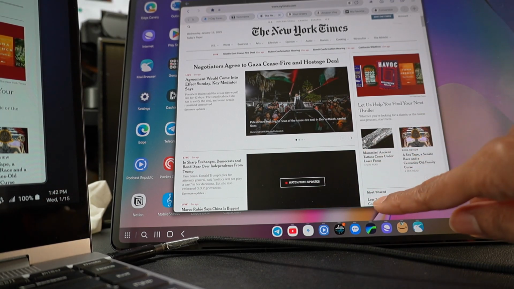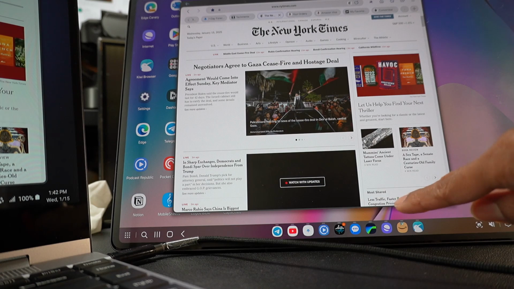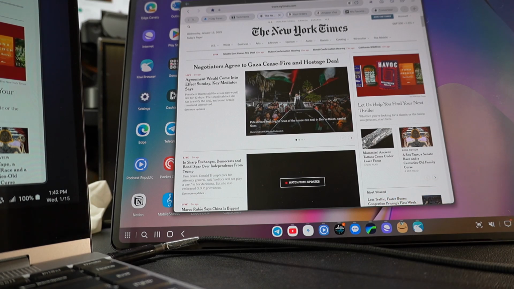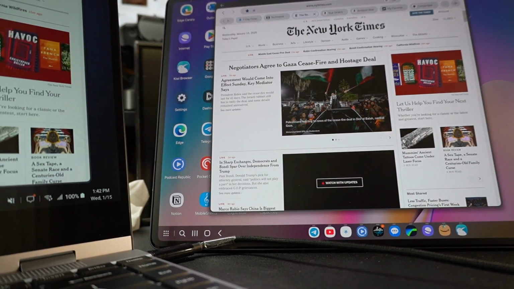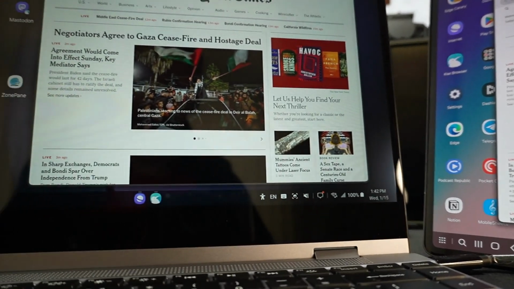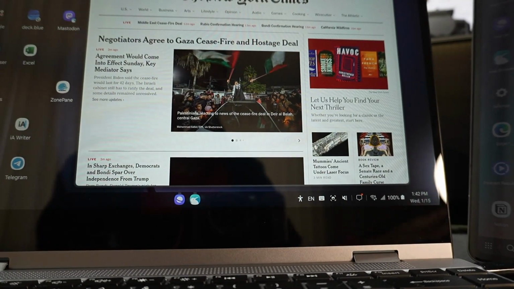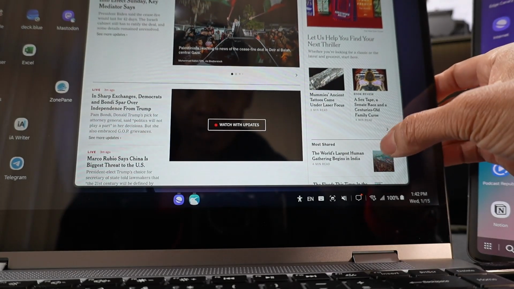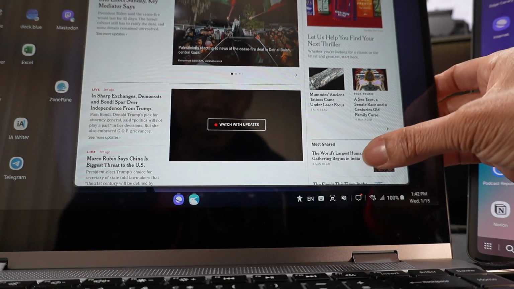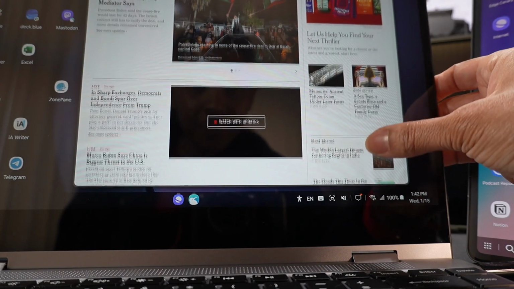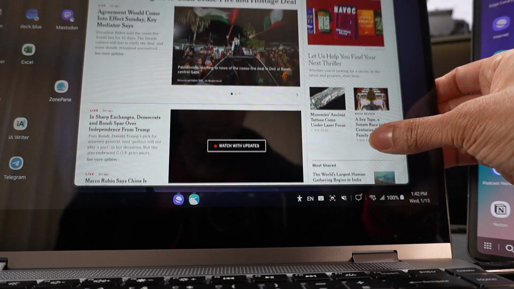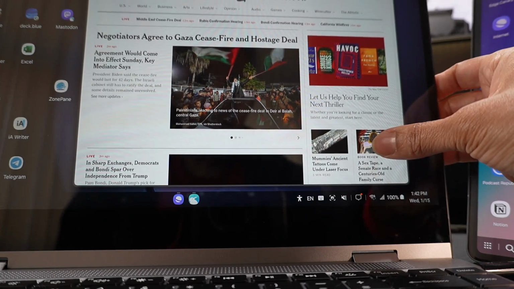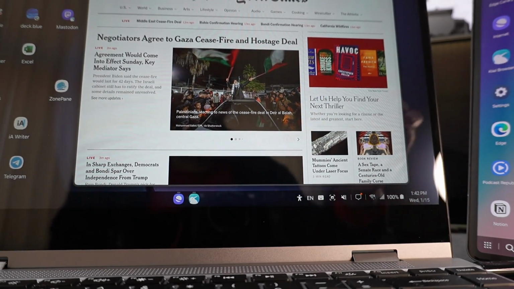So I can see Most Shared, Less Traffic, Faster Buses down here. When I come back over here, you don't see that. I have to scroll to get to Most Shared. It's a different story here, but the concept is the same. I have to scroll in order to see the rest of this page, more so than I would on a